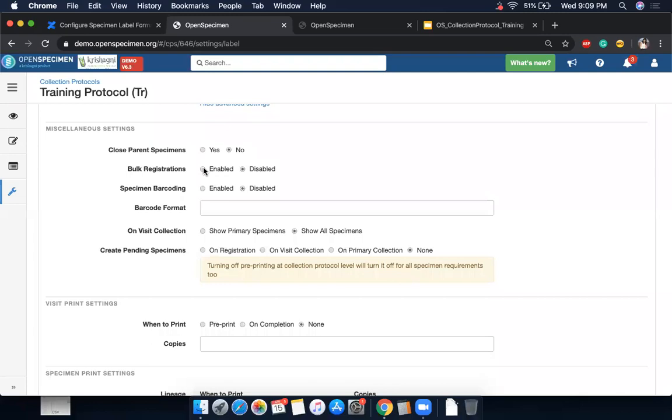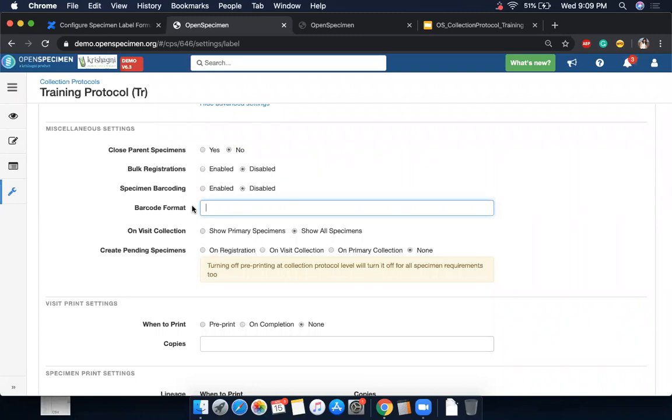If you want, you can do bulk registrations, that is creating multiple patients at a time. This is useful if you want to pre-register patients and pre-print specimens. So imagine you have a use case where you're expecting 20 patients on a particular day. You want to keep all the specimens with tubes and printed labels ready. Then you can bulk register dummy patients, but later when they actually come, then you can update the correct information. In addition to label, you can generate another ID, which is called barcode.